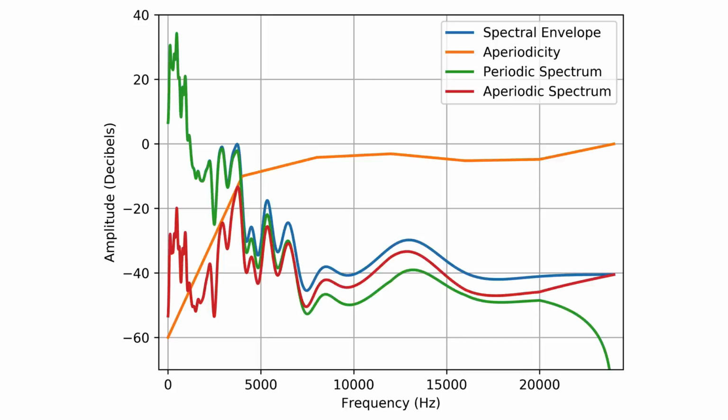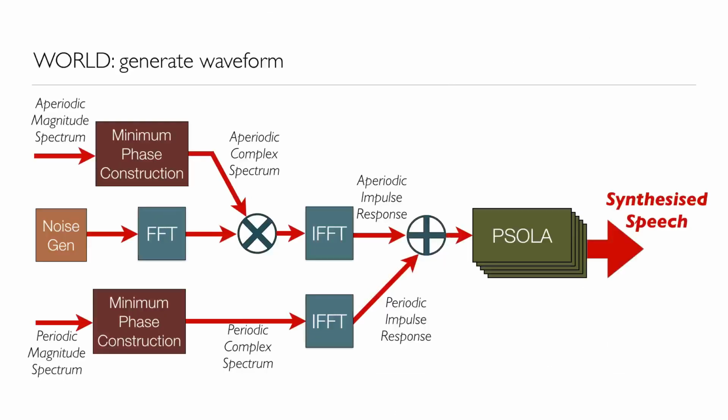In another way, the aperiodic spectrum has less energy in low frequencies and more energy in high frequencies. This is the standard case of what happens with voiced frames. When the frame is voiced, the periodic spectrum has more energy in low and less energy in high frequencies. So we have these two vectors, the periodic spectrum and the aperiodic spectrum, and then WORLD, as they are